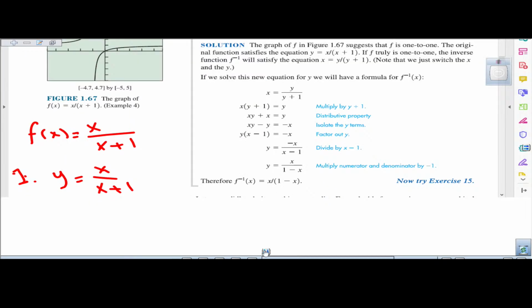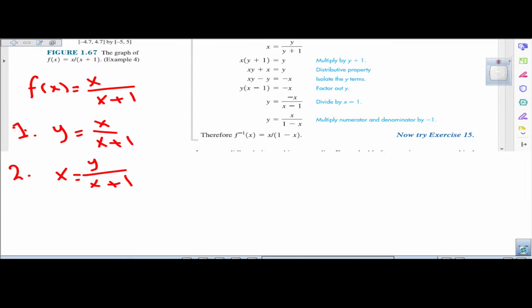Then you're going to have to switch. Step number 2, you've got to switch the x's and y's. Okay, so that becomes x equals y over x plus 1. And also we had this question earlier. This is a fraction. X is divided by 1. And then you cross multiply. So y times 1, that's a y, equals,